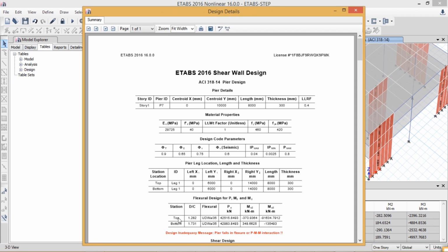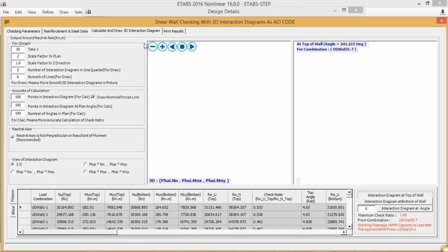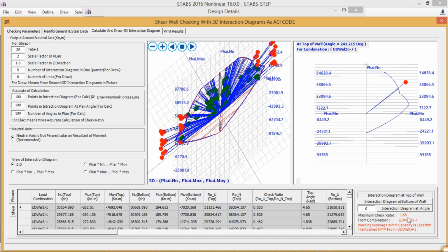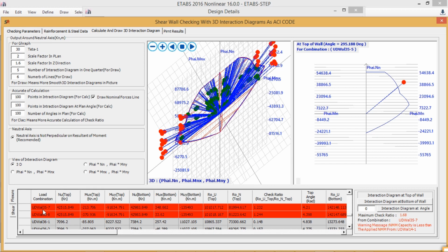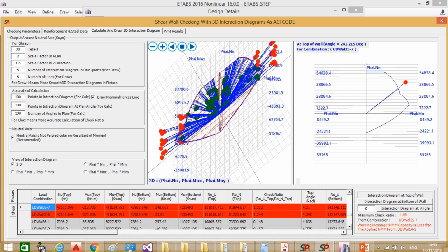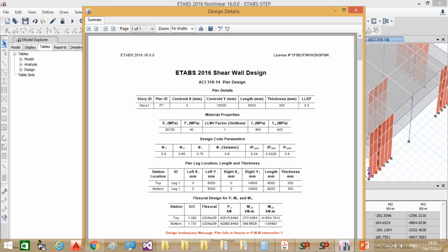Now we will see here the checking ratio at the top is 1.282, and at the bottom is 1.731. Now from this combination 35, we'll go to STEP. We will check the results. You see here 1.68, 1.6. From which combination? Same combination. We'll go to combination 35, this one, 35.7. Which forces? This force, it matches with